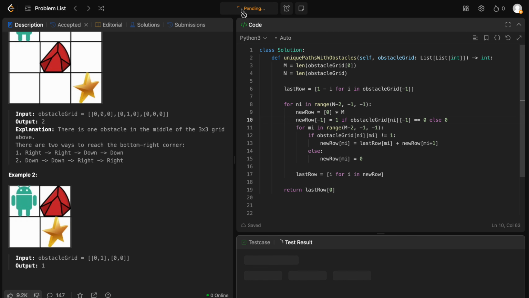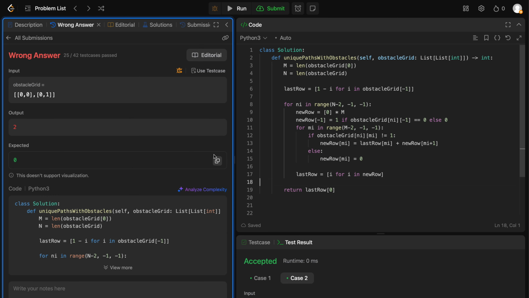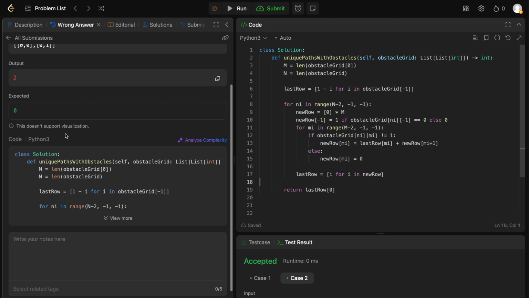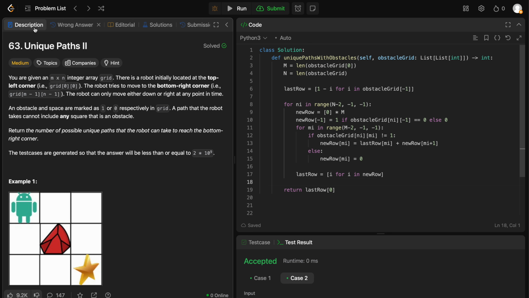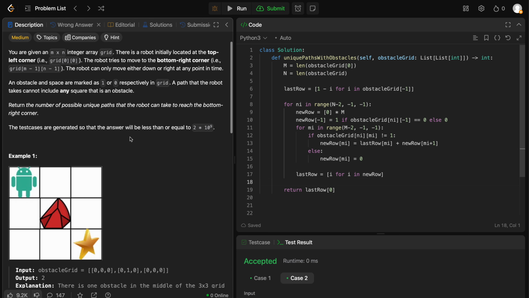So something like this. So if it's obstacle, okay, this was a bit. Well, if it cannot go to the